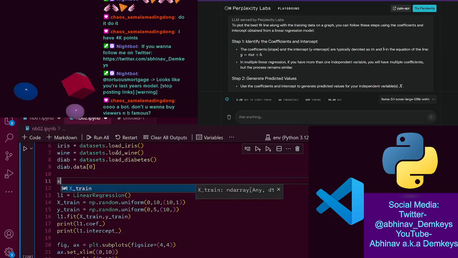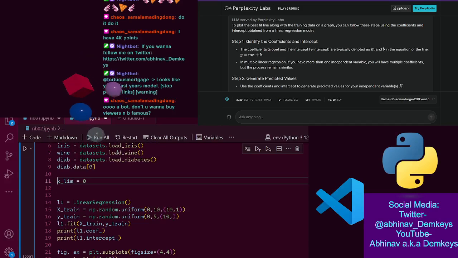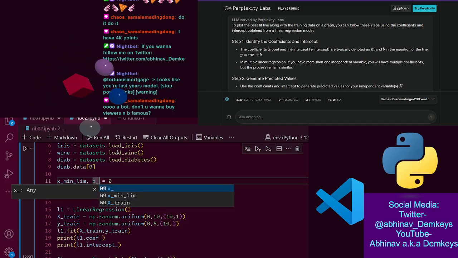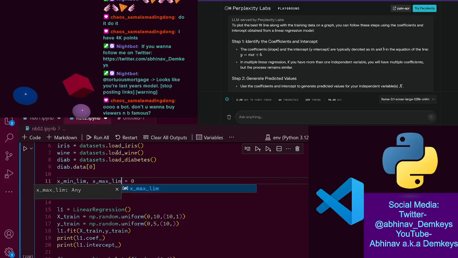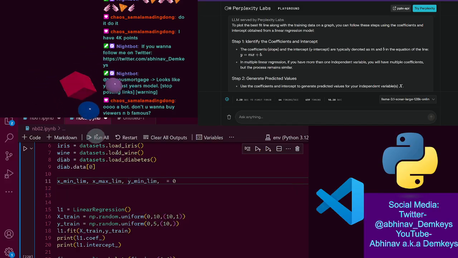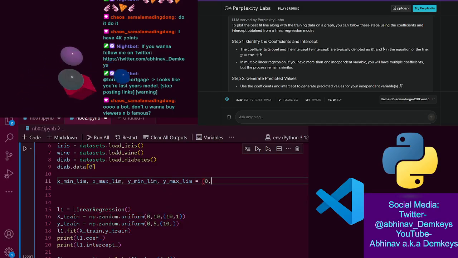Okay, let's create two variables, xlim. No, it should be x. Well, it starts at 0, right? Okay, we can do xminlim. I can define the whole thing as a tuple. Xmaxlim, yminlim, and ymaxlim. Right, so xminlim is 10, and then